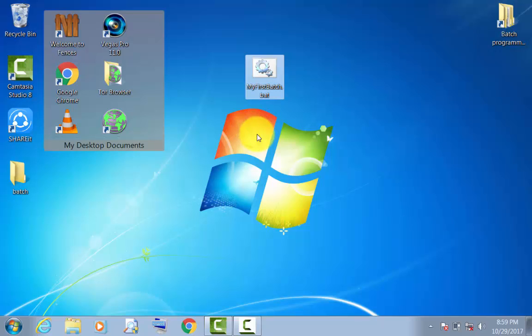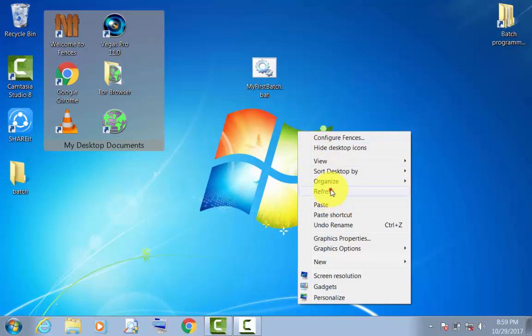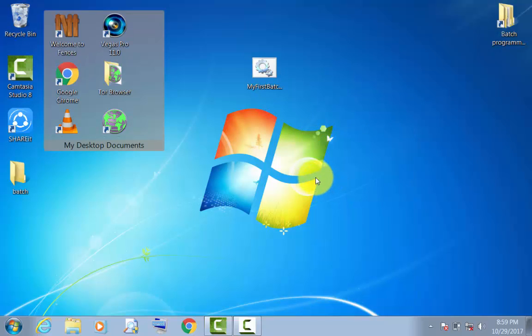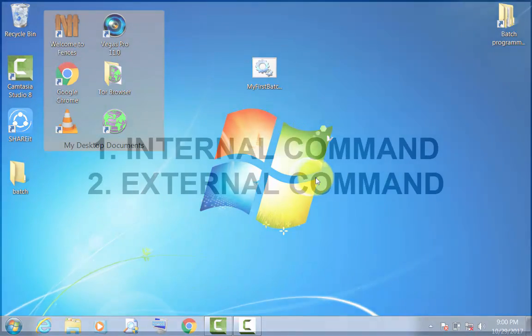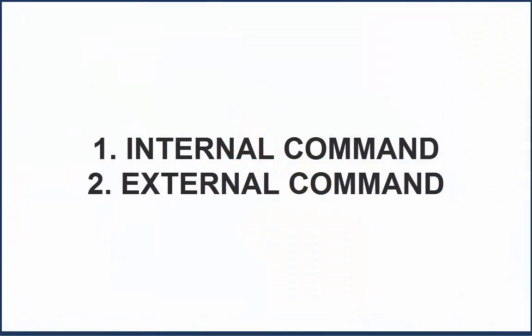Now I'll tell you, there are two types of commands which DOS operating system accepts. First is internal commands, second is external commands. Internal commands are like del, means the commands that are built in an operating system. Like cd means change directory, like md, make directory, like del, everything comes under internal commands.